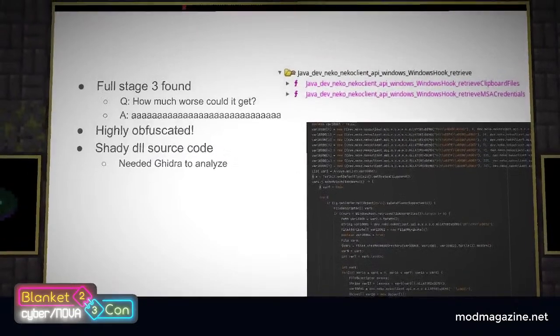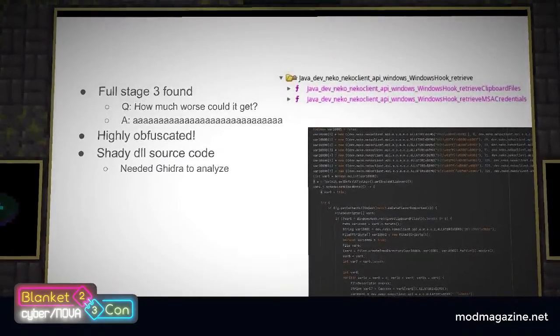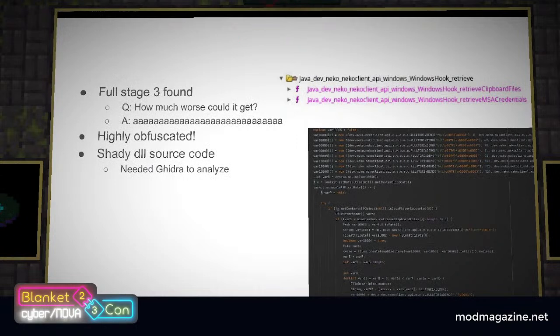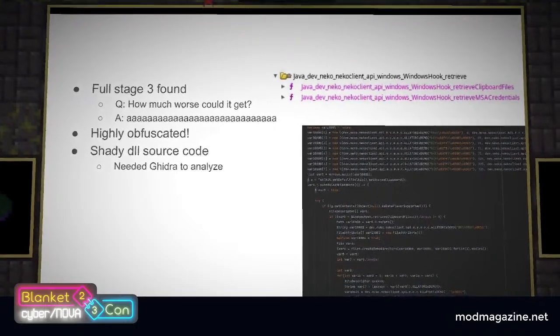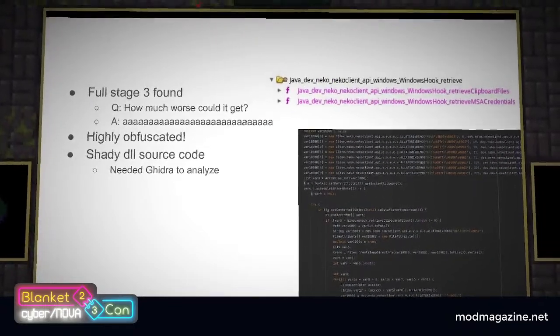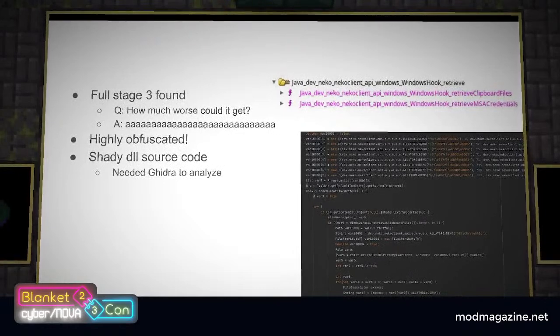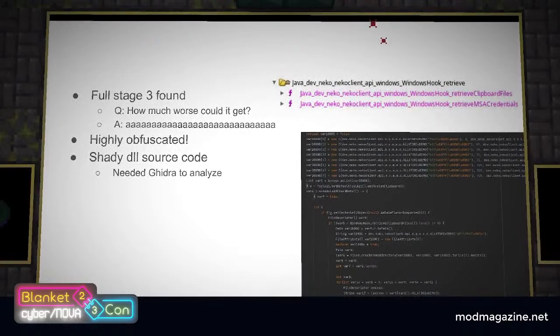Wait, we need to hold up for a second. How did this person manage to find a full copy of stage 3, the thing they've been searching without success for the past few hours? Apparently, they had been infected over a week ago and used that opportunity to conduct research about the malware and its behaviors. This research proved to be helpful for our documentation, and of course, the sample they sent was incredibly helpful.